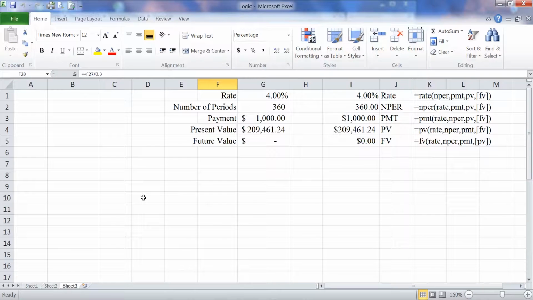In this segment we will focus on payment calculations. Now what I have laid out here is a chart of various variables for the payment calculation. We have rate, number of periods, payment, present value, and future value. We're going to focus on two of them, but before we do that I'm going to show you how to